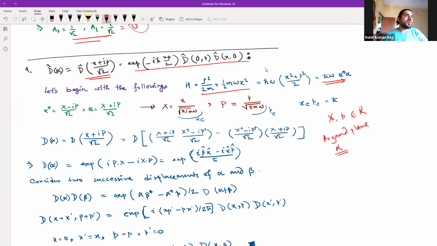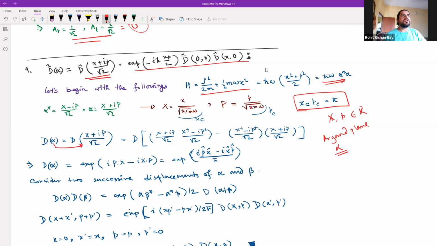Once we have identified alpha star and alpha in this form, we can again use these relations and invert them to find out what x and p are. So x and p here are scaled, dimensionless lengths, you can call them, where we call this part, root of h cross by m omega, xc, a constant, and root of h cross m omega, pc, and they satisfy this particular relation. Why are we using this? We will see it in a moment. So alpha can be expressed in this form.